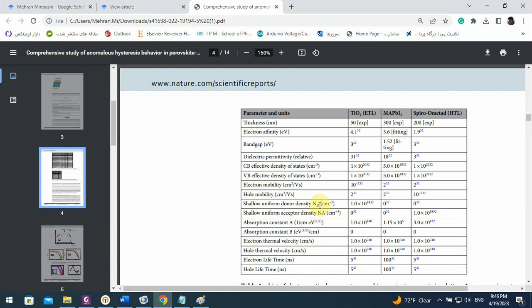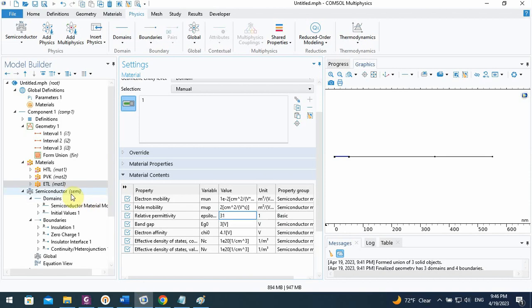That guarantees this is a pure donor semiconductor material, or N-type material. 1E18 for defining the doping. You don't see the doping density here, but